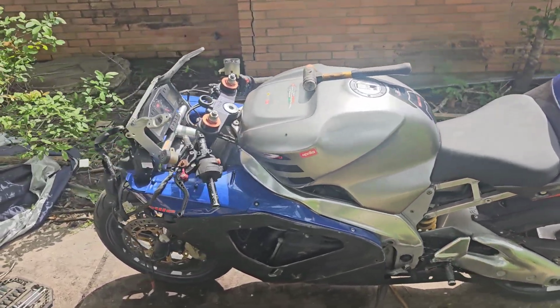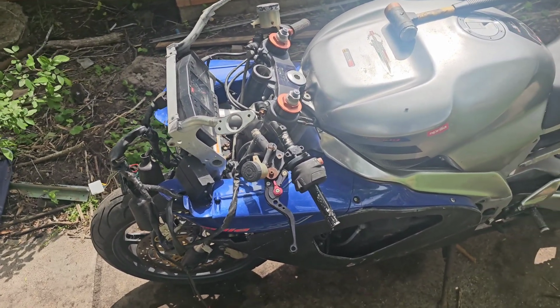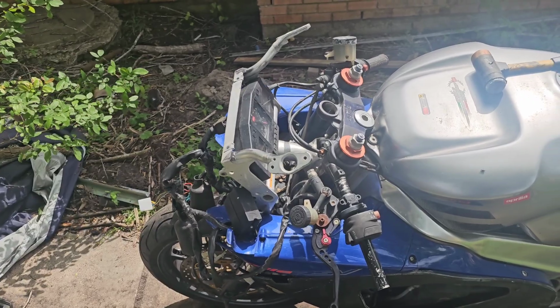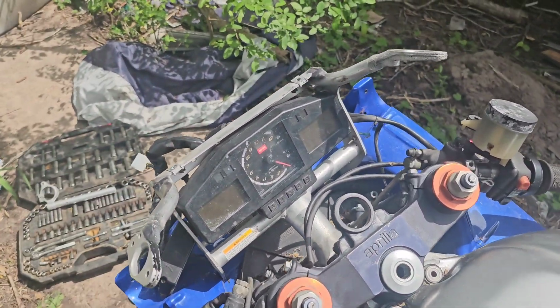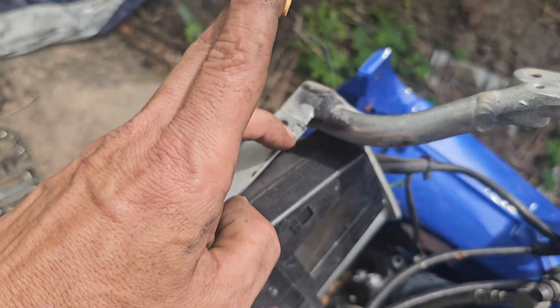She is coming together. I've got the nose cone, it's in the garage. I need to do a little bit of body work on it and paint it, and it can go on. Make sure I'm not missing anything. I need to put that little piece of plastic on, but again, while bending this back into shape right there,